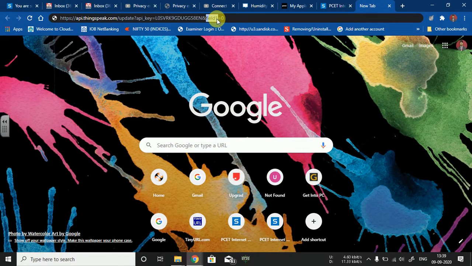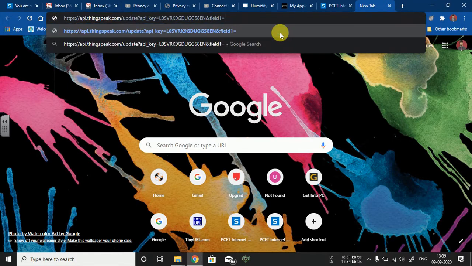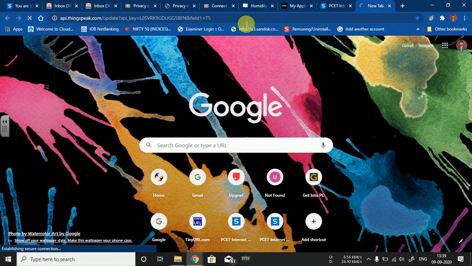Now suppose I am writing field 1 equal to some value, say 25, or instead of 25 suppose it is 75 if the environment is very humid. Suppose 75% is the humidity in the environment, so I am manually providing it, and I hit enter.